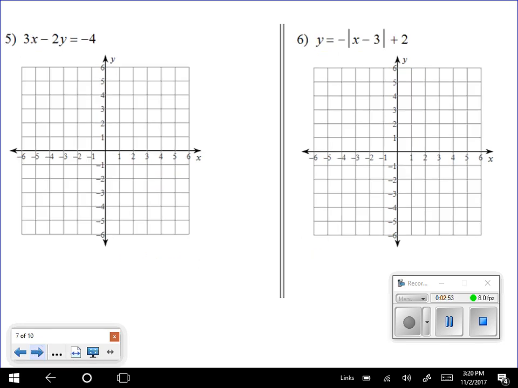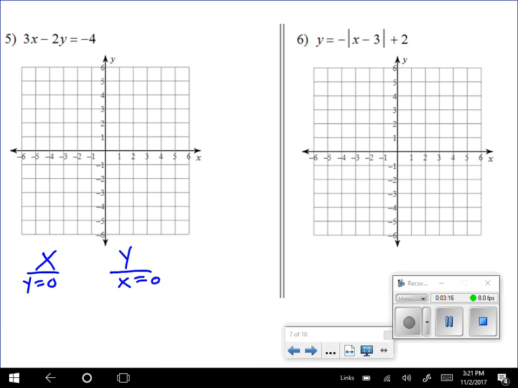Next couple. Okay. Number 5, we have this not in y equals mx plus b. So we're going to actually use our x and y intercepts to graph these. This is actually what is called standard form here. So remember, when we're working with our x-intercept, y is 0, y-intercept, x is 0. So if I plug that in, y is 0, I would end up with 3x equals -4. So when I divide this out,